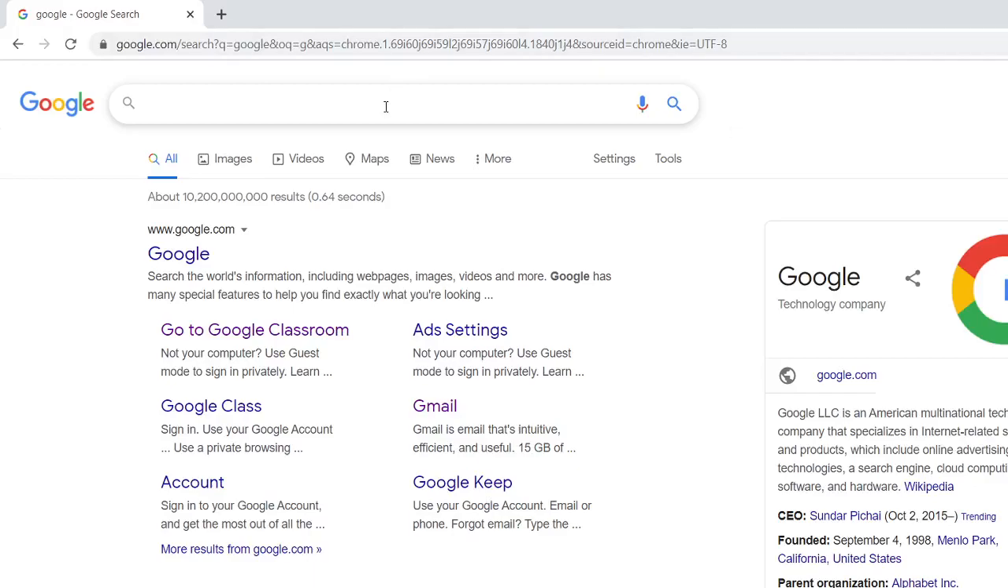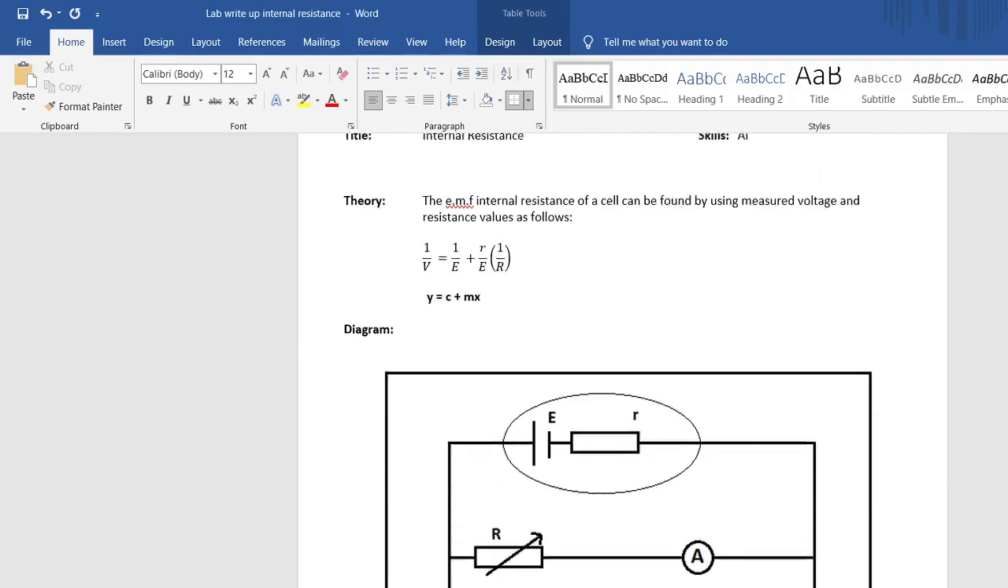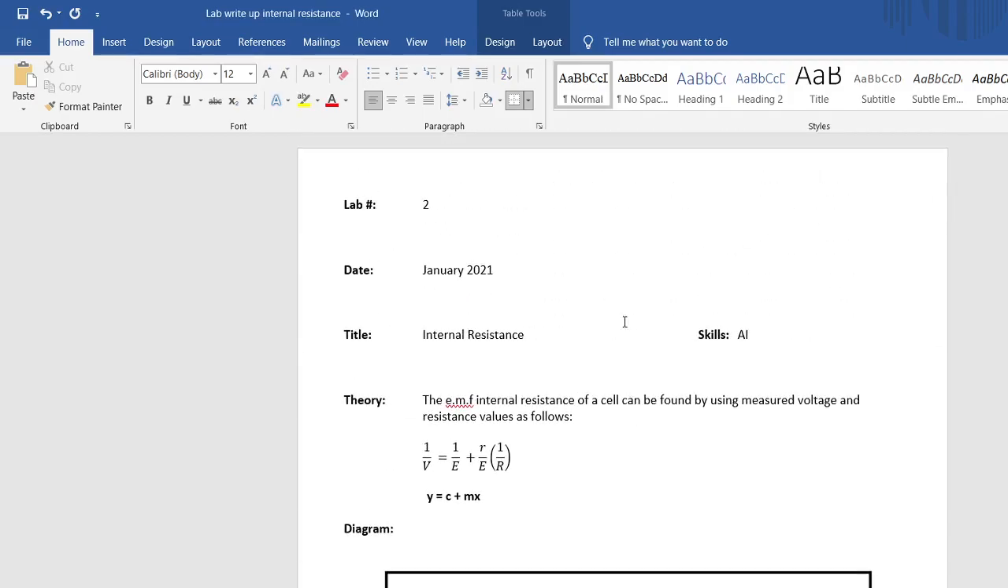Okay, so for this class, we're looking at the internal resistance of a battery. We're pretty much manipulating this equation: 1 over V is equal to 1 over E, where V is your voltage or PD across your variable resistor, and E is your EMF, plus small r, which is your internal resistance, over your EMF, times 1 over R. So R will be your